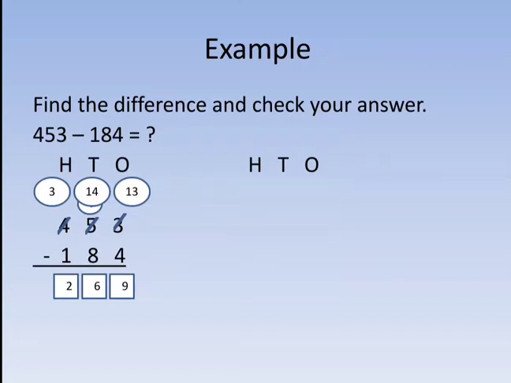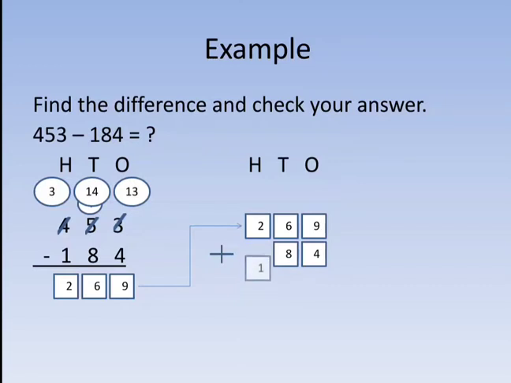Now as we know, in order to check whether the subtraction is correct or not, we'll add the difference to the smaller number. In this question, 184 is the smaller number and the difference is 269. Let us write first 269, the difference that we get after subtracting these two numbers, and the smaller number, which in this example is 184. Let us add: 9 plus 4 equals 13.